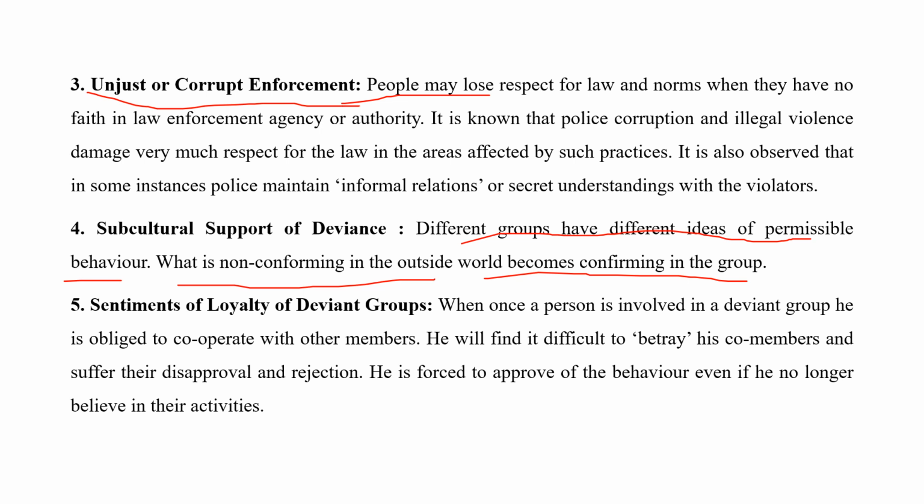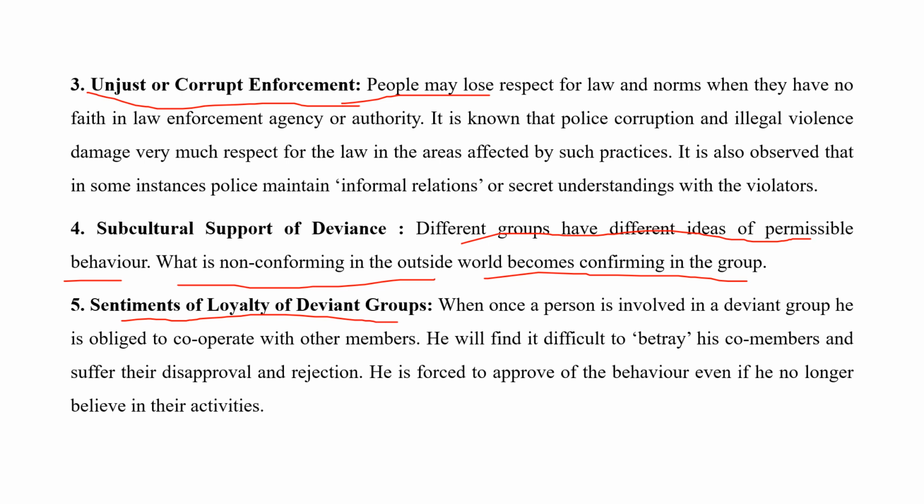They will be like, they could not believe it. For example, women driving, right? So even in the Middle East, women were not allowed to drive, right? So if they see some women driving, it is very shocking for them because according to their system, it is a deviant behavior, right? It is legally not permissible in some of the countries, but for some it's a deviant behavior. Women are supposed not to drive, right? So conformity and non-conformity again change with the context and the place.